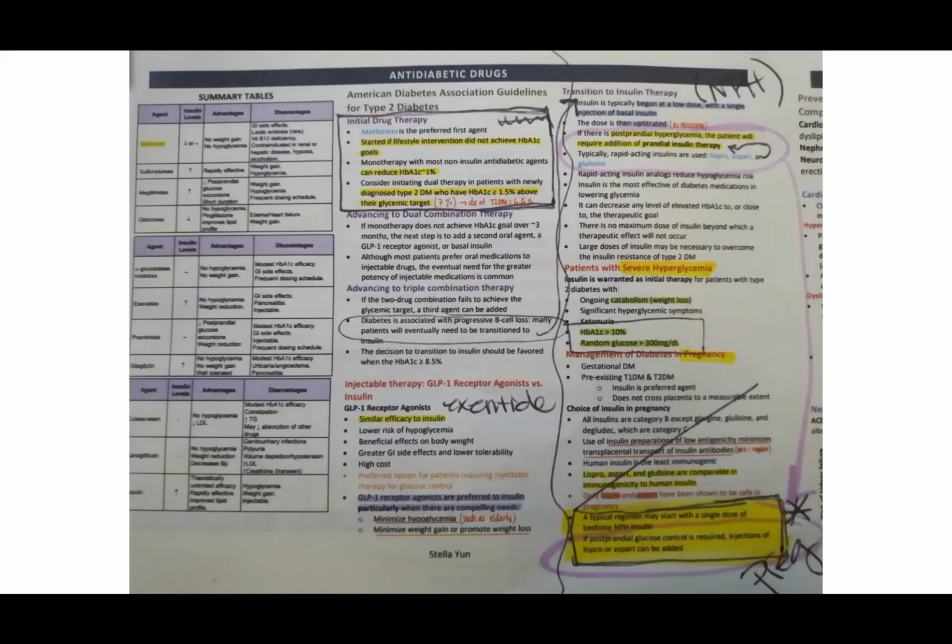So when we're talking about treatment of diabetes, it's all about the HbA1c level. If a patient comes in and starts having symptoms of diabetes, you check the HbA1c, and then you decide what you want to do from there. If the HbA1c isn't really elevated or just mildly elevated, you can start with diet and exercise. But if diet and exercise isn't working and you have an elevated HbA1c, you can start with metformin